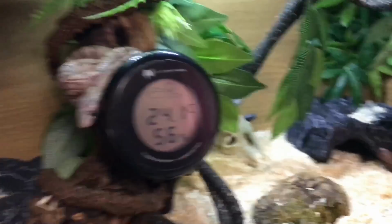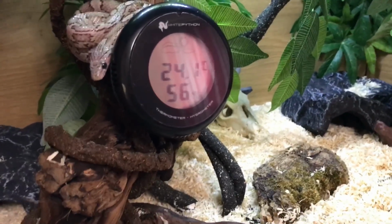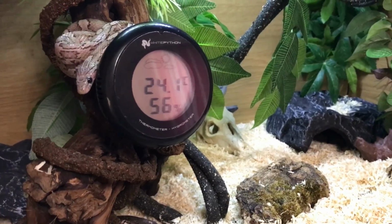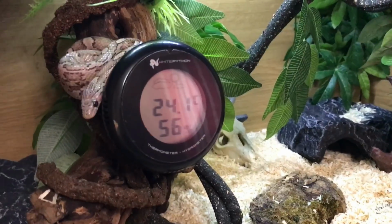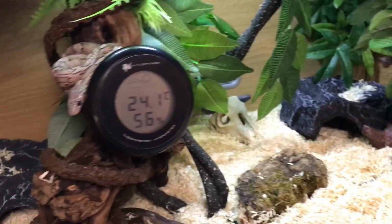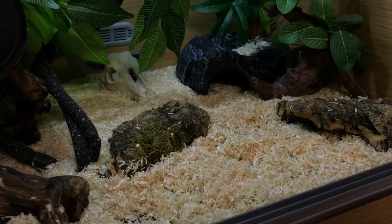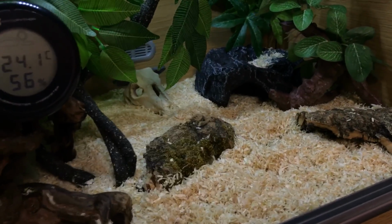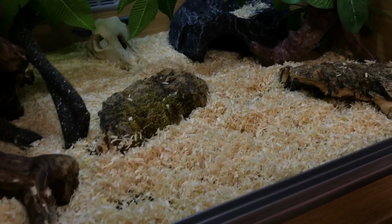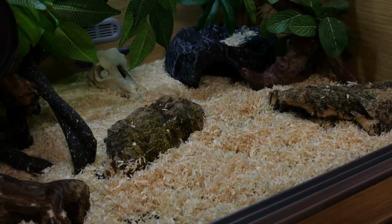You can get them on Amazon and a couple of the reptile websites if you're here in the UK. All you need to do is stick the heat mat to the underside and you slide it in. It slots firmly into the back, so the snake can't get into it either, and that means the snake can't come into contact with the heat mat directly. It also means the heat mat is protected from any spillages or anything like that. So if Indi were to pee all over this whole section here, the heat mat's not getting touched at all. So the warm side sits at about 28 degrees, which is a nice little temperature for Indi,